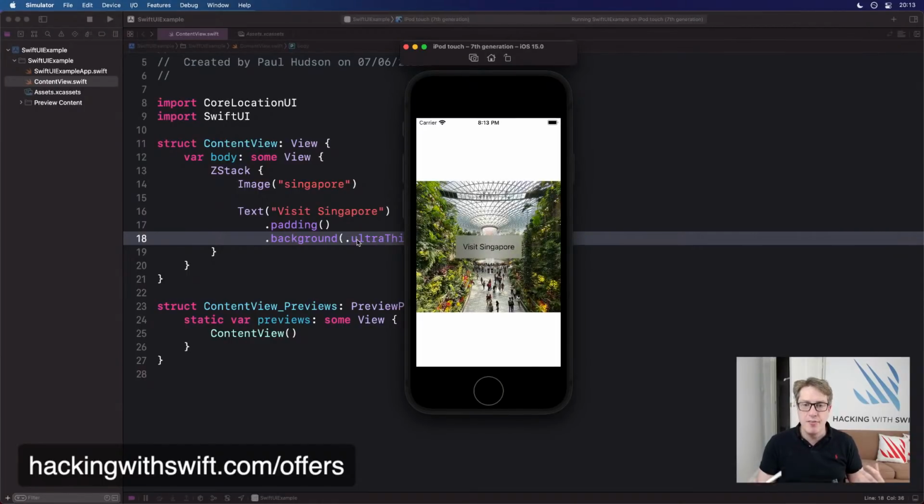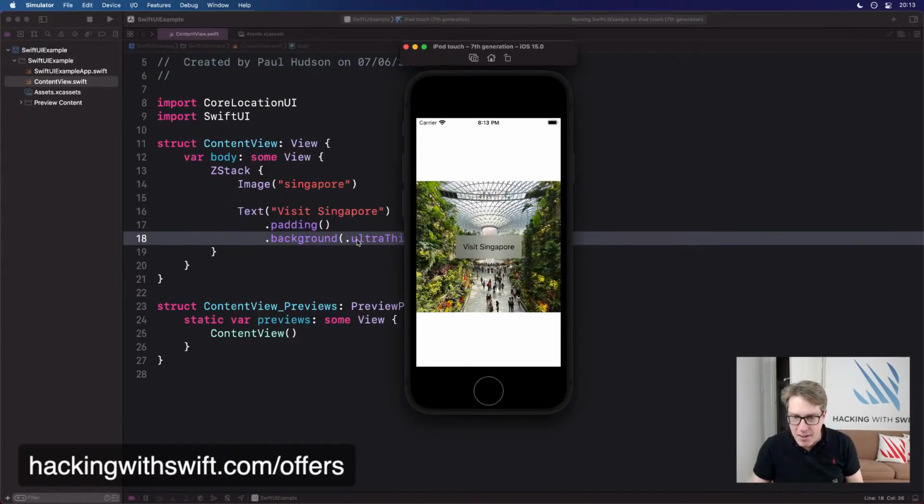There we go. So you get a lovely glass effect going on there. Hey, someone here from Singapore. Singapore's lovely. This place is like standing in front of Star Trek. It's just amazing. This whole airport is just astonishing. Anyway, there's a whole set, five to choose from: ultra thin, thin, regular, thick, and ultra thick, depending how much you want to shine through.